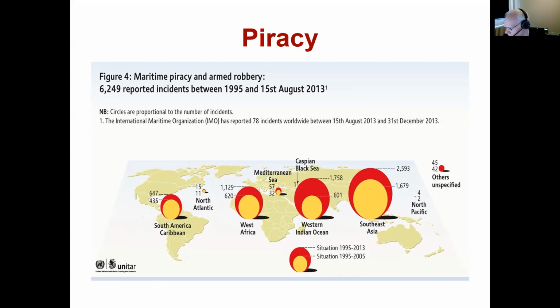So in all major sea areas of the world, in your Panama Canal, Caribbean type area, West Africa, we have stable problems. Smaller in, say, the Mediterranean and North Atlantic regions, piracy is not as big of a problem, but sizable problems, particularly Western Indian Ocean, the Captain Phillips type story that gets the most publicity.